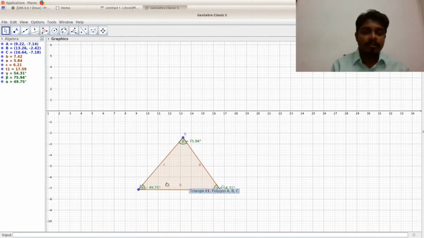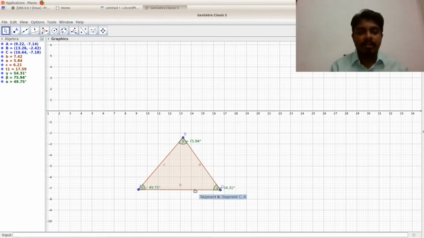Okay, what is this angle? BAC. Likewise, what is this angle? ABC. Likewise, what is this angle? ACB. Okay, so now we have found out the angles. So this is how to construct a triangle and to find the angles inside the triangle. Is it clear, my dear students? Okay,